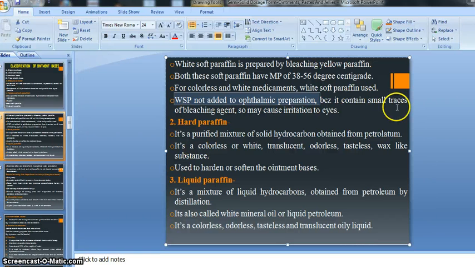Because it contains small traces of bleaching agent, it may cause irritation. And we know that white soft paraffin is obtained from the yellow soft paraffin by the bleaching process, right? And bleaching